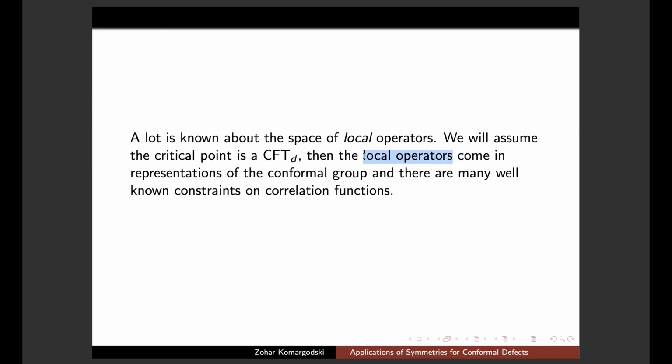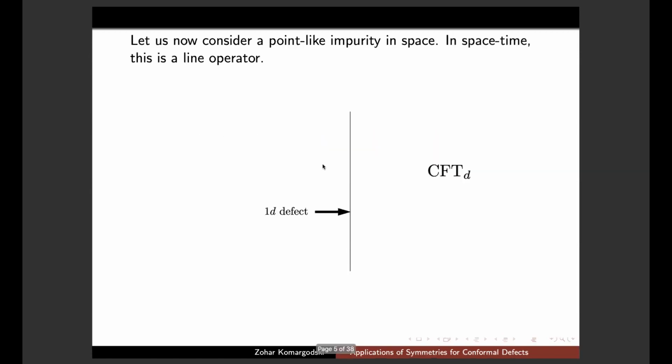So local operators come in some representations of the conformal group, and people have worked very hard for many decades to understand what this implies. There is a whole theory of critical exponents. There is a whole theory of the bootstrap equations. So you can say that a lot is known about the space of local operators. There is a lot of data for many examples. However,